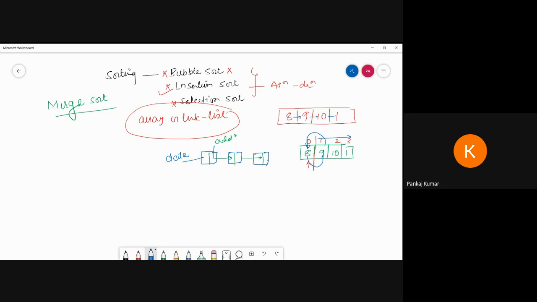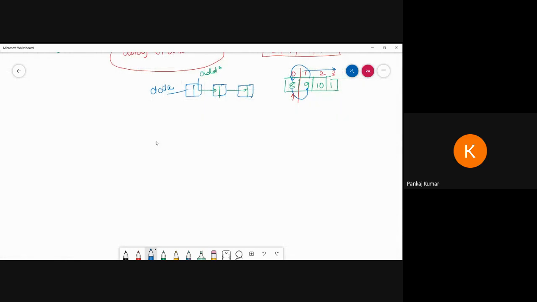So in merge sort, if an array is given, then the array can be divided into two halves. Blindly we can divide the array into two halves, and after dividing, we can divide again into two halves. Now the concept is that first we understand the concept and how this array will work. Suppose I'm talking about the merge sort concept, then we can discuss the code. Now in merge sort, first this problem is given.